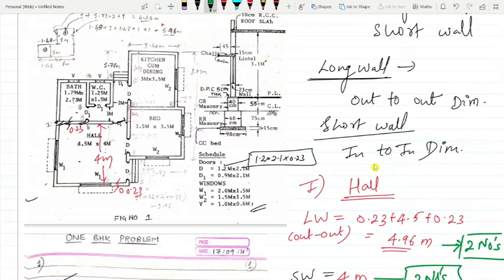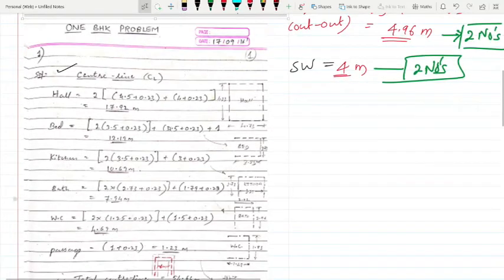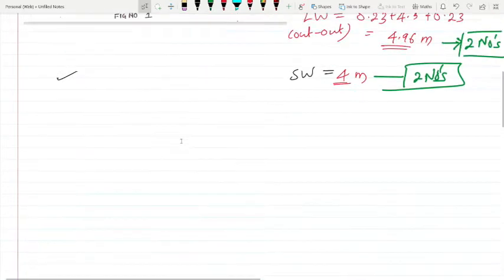So next we have the bedroom. I'll just take this a little bit down, and I'll just delete this for the moment.